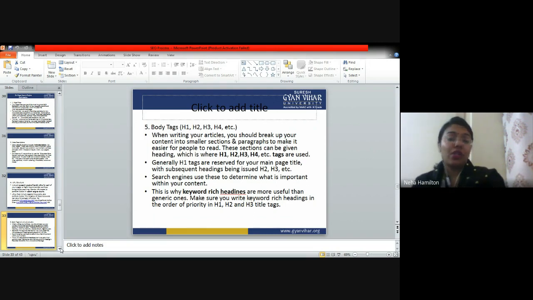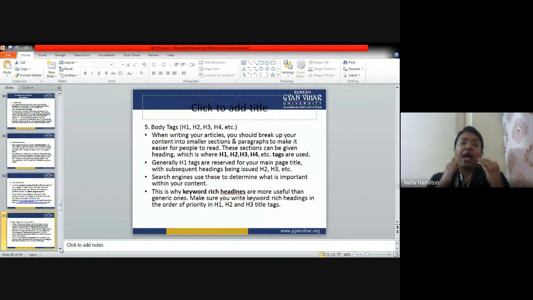So you have to instruct the content writer to write an article that should have more than one, two, three paragraphs, and then tell the programmer that this should be the heading of this paragraph and you should add this in programming, right? So you have to add more and more body tags. Now, why do you add more and more body tags?